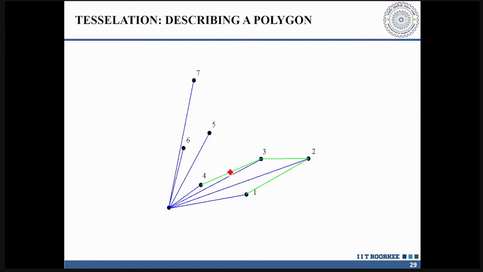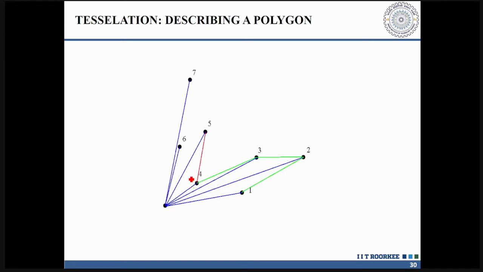But once you are at point number 4, you are here. You have to move towards 5. Which turn will you be making? You will be making a right turn. A right turn is a bad turn, shown by a red line. If it is a bad turn, what you have to do is skip the preceding point. Skip point 4. Assume there is no point 4. You have to move from the preceding point. Let us say you are at 3.